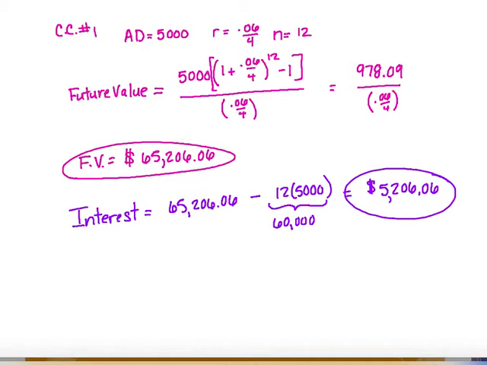So for the first concept check, our amount deposited was $5,000. You had a 6% interest rate quarterly, and for 3 years that would take N to be 12 payments. So the future value of that ordinary annuity looks like this. You're going to plug this into your calculator. Now for this one, you can see that I calculated the top to be $978.09, and then I divided it by that interest rate,